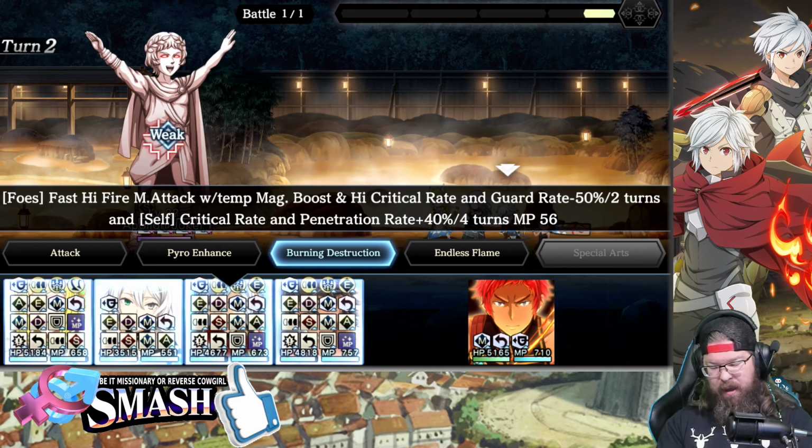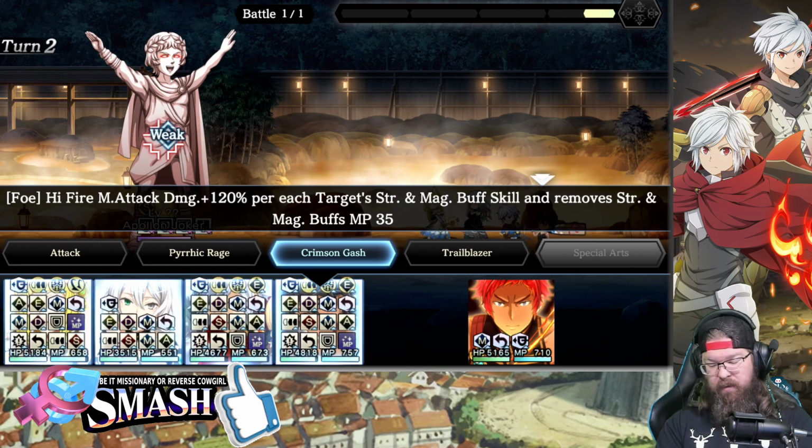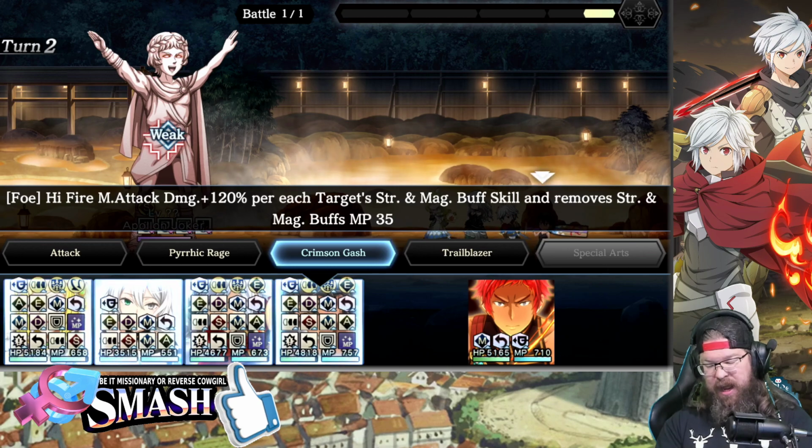Skill 2 with Bell. And Tiona's skill 2. She'll get 120% for each target's strength and magic buff skill. Remove strength and magic buffs. So she'll actually remove...